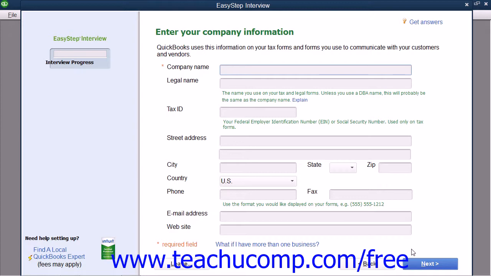QuickBooks. Within the EasyStep interview, if questions arise that you must answer and you're unsure of the correct answer, don't worry. You can usually go back and change your answers later. In most screens, you can actually click the back button to return to a previous screen and simply change your answers. Also, if necessary, you can click the Leave button that appears at the bottom of the EasyStep interview to